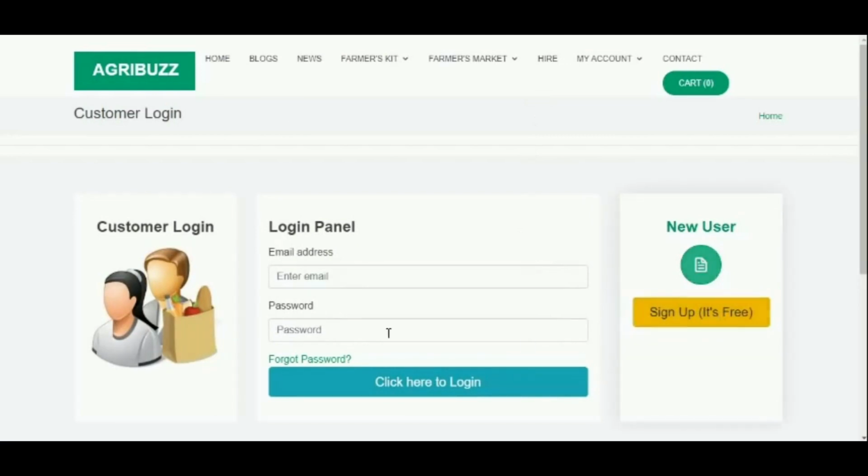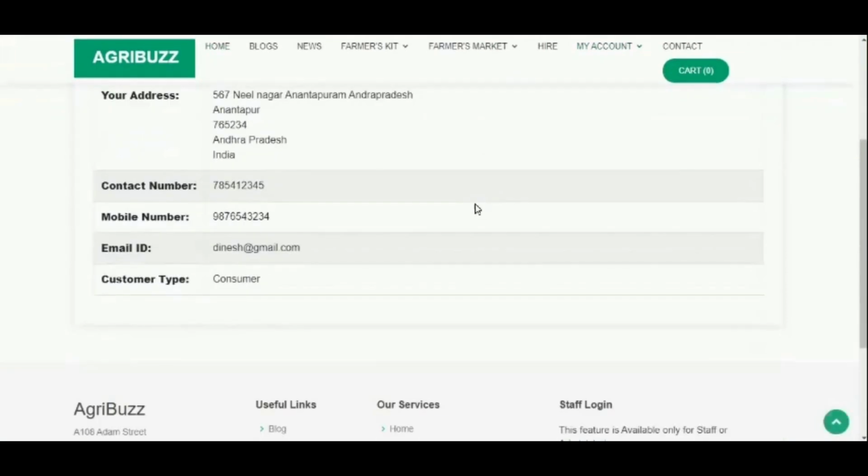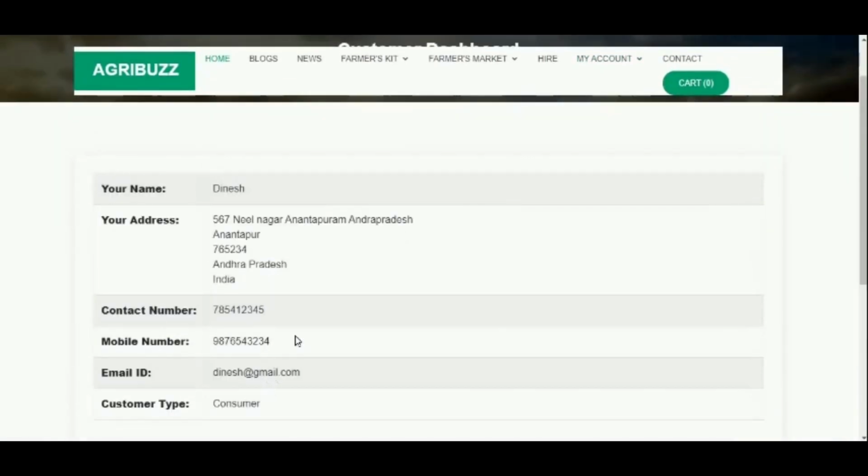Once the customer registers successfully, they can log in using email ID and password. As the customer logs in, dashboard is available which includes the customer details.